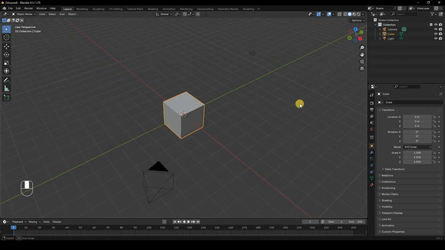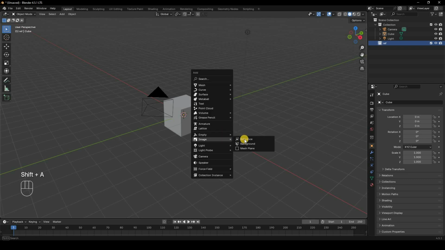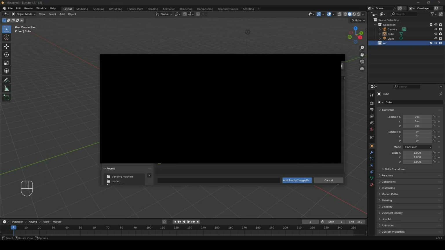So let's get started. The first thing you need to do is right click and click on create a new collection, and I'll just call this ref for my reference image, and then I'm going to go to Shift A, image, and then click on reference. Okay, and I'll just navigate to where my